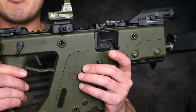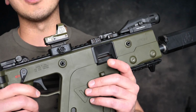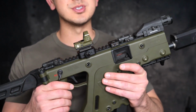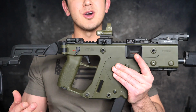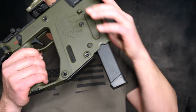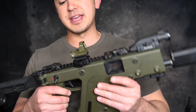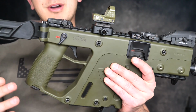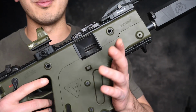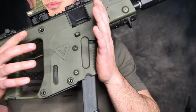The original Vectors, the first gen, I guess, kind of had some issues. The triggers were pretty crappy. They kind of had some reliability issues. They fixed all of that as far as I know. I've had no malfunctions, no issues. I've only used OEM Glock mags and P mags, but those have all run fine. I haven't had any malfunctions, have run hollow points, 115 grains, 147 grains, 124 grains, all kinds of manufacturers through this